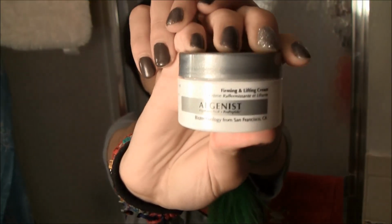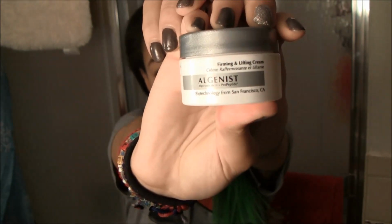Algenist. It's a firming and lifting cream, if you all can see that. And then I also got this one, it's spelled O-L-E. I'm not sure if I'm saying it right. Henriksen Truth Serum Collagen Boost, which is this tiny little bottle. I've been adding this to my routine after I wash my face because my face, especially my nose,